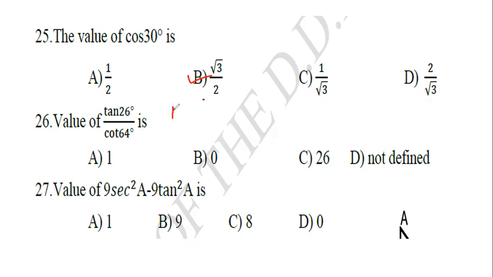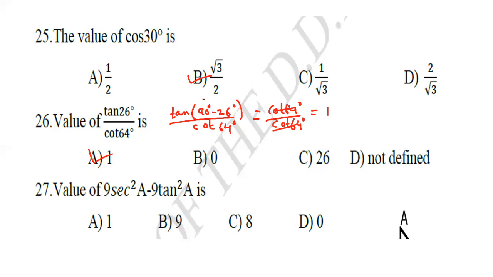So apply complementary angles. Tan 90 degree minus 26 degree divided by cos 64 degree. When two terms are there, apply complementary angles for only one term. If four terms are there, apply complementary angles for only one term. So tan 90 minus 26 is, according to complementary angles, equals to cot 90 minus 26, which is 64 degree, divided by cot 64 degree. Cot 64 degree gets cancelled. Answer is 1. So which option is right?